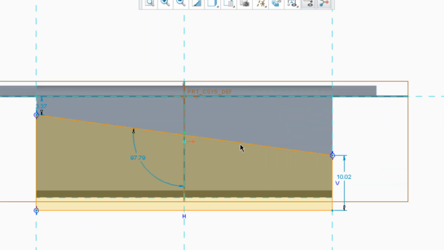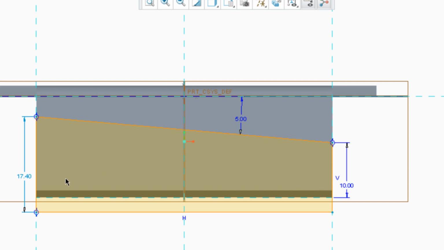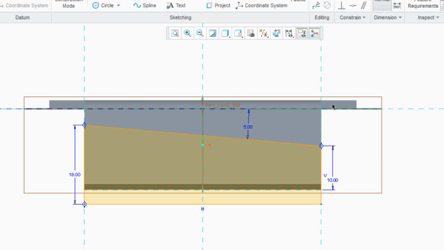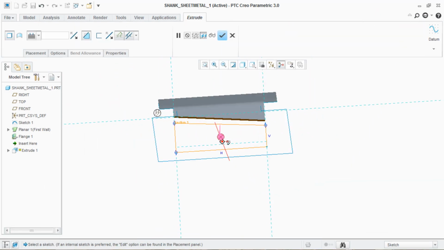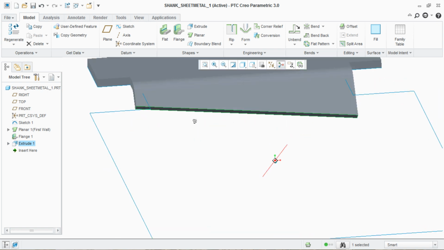Take this angle to 5 degrees as per our requirement. Take this height, anything you want, like we are taking it 10. Take this height to anything like 18. So click on OK. Now you can see the flange is trimmed in this shape.